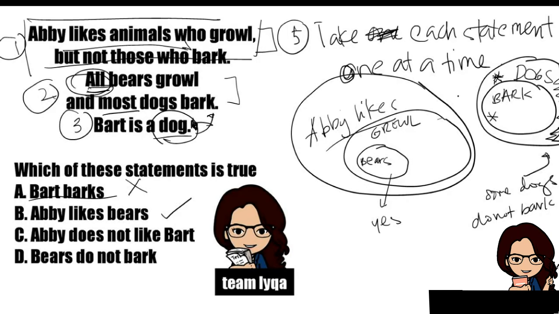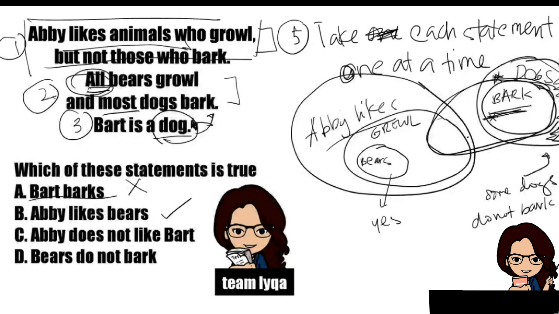Ngayon, I want you to go back to this circle sa dogs. Sabi natin, most dogs bark. So, sa animals who bark, some dogs hindi sila nagbabark. Pero, I'll beg you to think of this statement. If only most dogs bark, ibig sabihin ba nun, dogs lang ang nagbabark? Did it say anywhere in that statement that bears don't bark? Is it possible na ganito kalaki yung bilog ng bark, animals who bark? Yes. Kasi it would still fulfill the statement na most dogs bark. Most dogs bark pa rin. Ibig sabihin lang nun, may mga nasa labas.